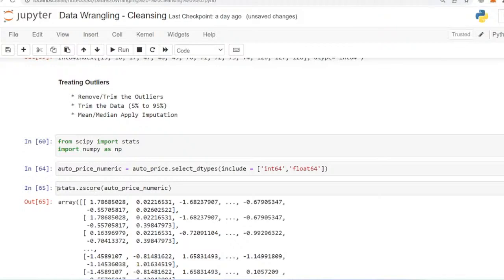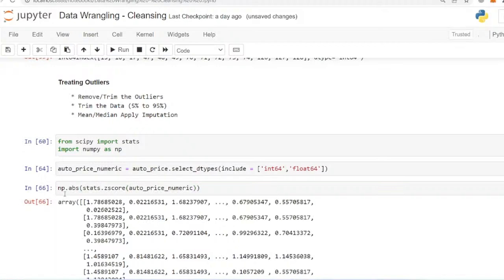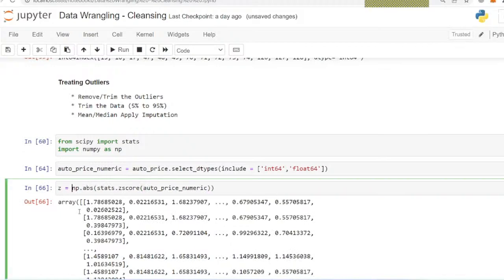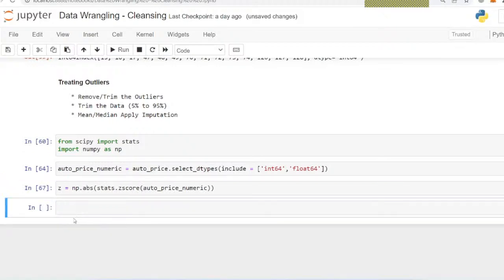What I'll do here is try np.abs, the absolute value. So that will all be stored as my z score values for the different columns. Now using np.where,